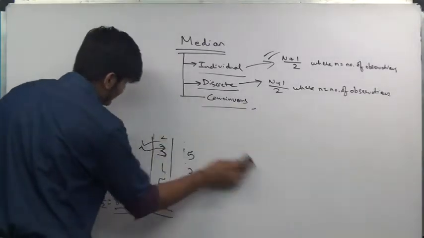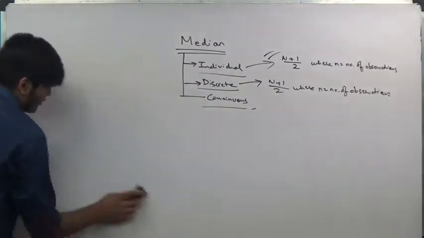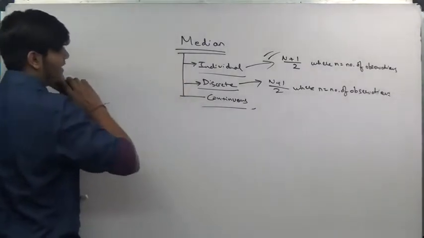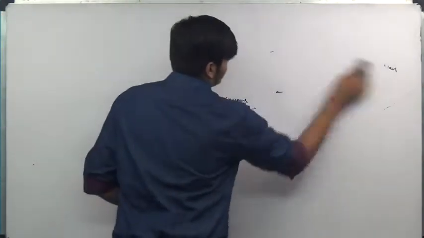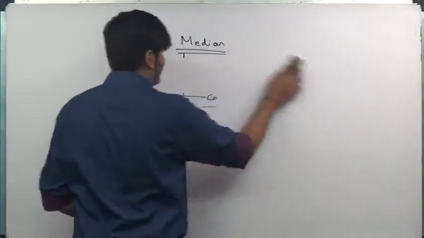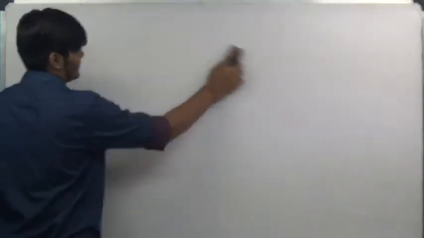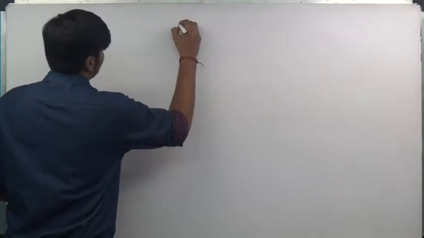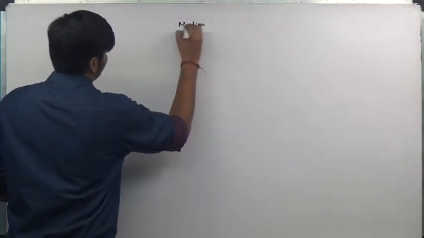You have to concentrate on this entire portion. Individual and discrete are very easy, and usually it is not expected to come in exams. Even if it comes, it will be for objective or for a mark or so. So we have median now in